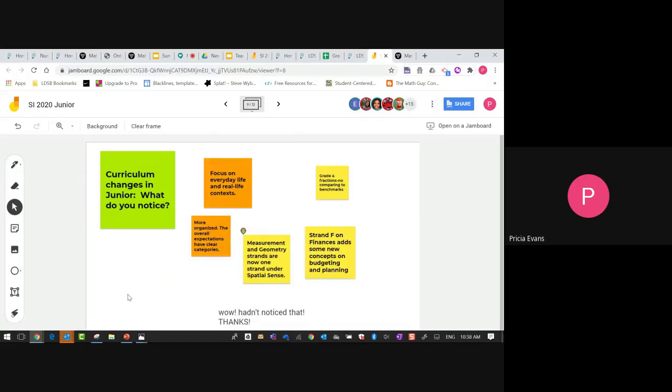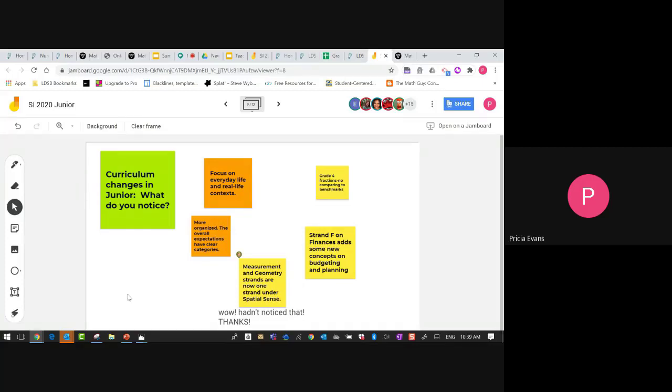Okay, so there are lots of changes within the junior program. A lot of the changes are actually around some of the change of grades. So some of the expectations that you used to teach in grade 6 are now actually in grade 4 or 5. That's been a bit of a change, and some expectations are completely out.